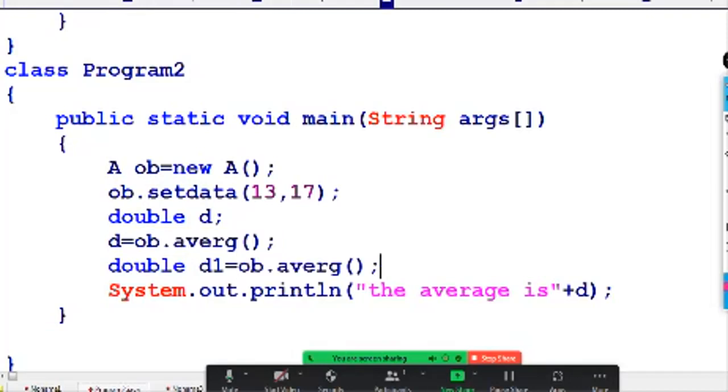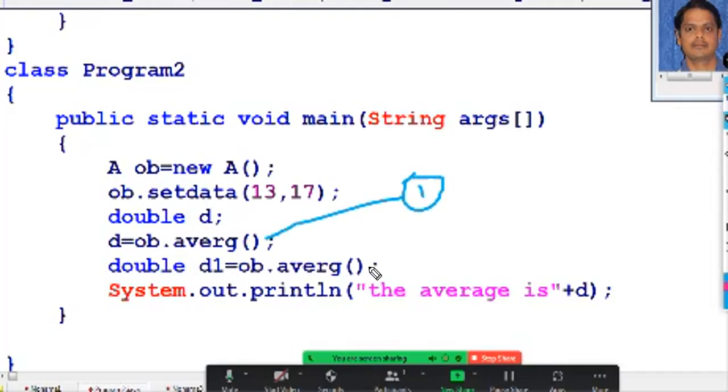How many times am I calling? More than one time. So I can call the first time, the second time, but the definition will be done only one time. The definition will be done at only one time.